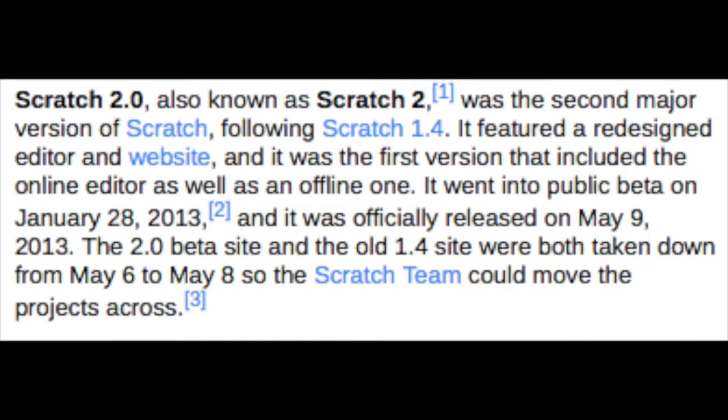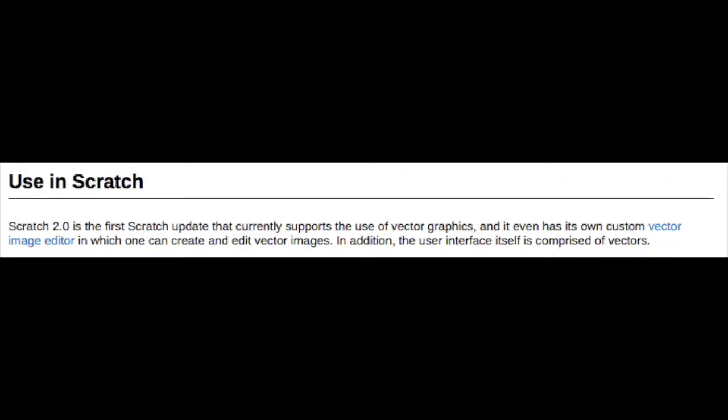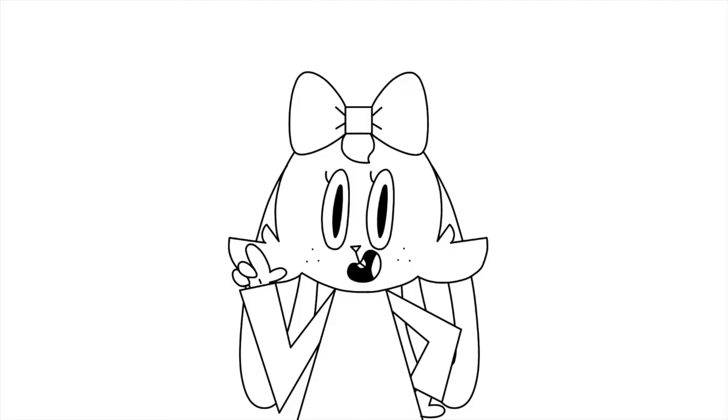Vector mode was first released when Scratch 2.0 first came out back in May of 2013. It was a very big deal back in the day, but not that much nowadays since almost everybody uses vector mode today. But there's a very big difference between 2.0 Vector and 3.0 Vector. For the people that joined Scratch during the currently active 3.0 era, 2.0 Vector didn't really have all the cool features that 3.0 has, like the curve and point features and the erase tool.